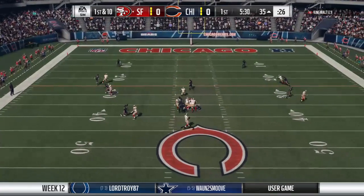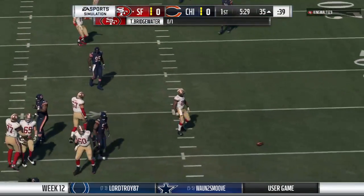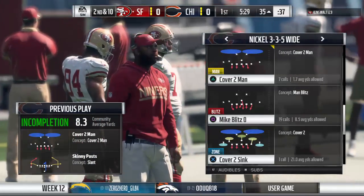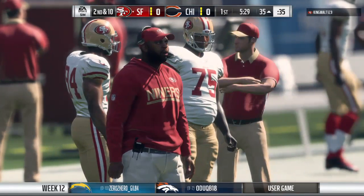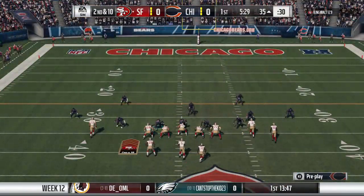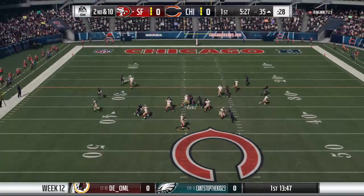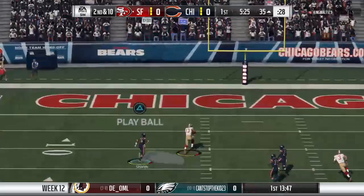Following the interception, here's Bridgewater. And his first pass here is going to fall incomplete. Well, we're not playing 3 yards in a cloud of dust football anymore. I kind of get why those old-school coaches sometimes didn't want to throw the football, because if it's popped up in the air, it almost turns into slow motion. And both sides trying to get to the football, and you're holding your breath wondering whether it's going to go